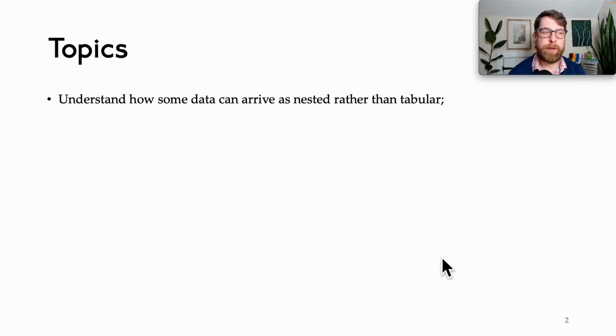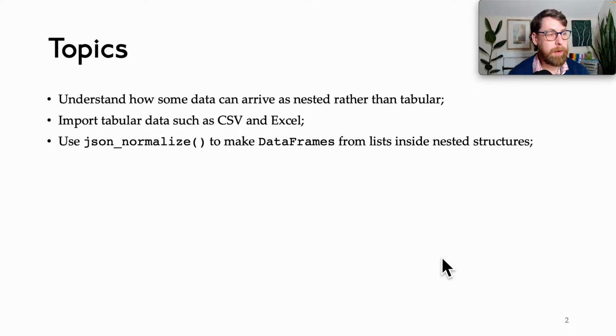So the topics for this chapter: first, we want to understand how some data can arrive as nested rather than tabular, and distinguish between the two. We want to be able to import some tabular data, such as a CSV file and an Excel file. We want to use JSON normalize to make data frames from lists inside nested structures. We're going to show that with JSON, and then we're also going to show that as part of a workflow